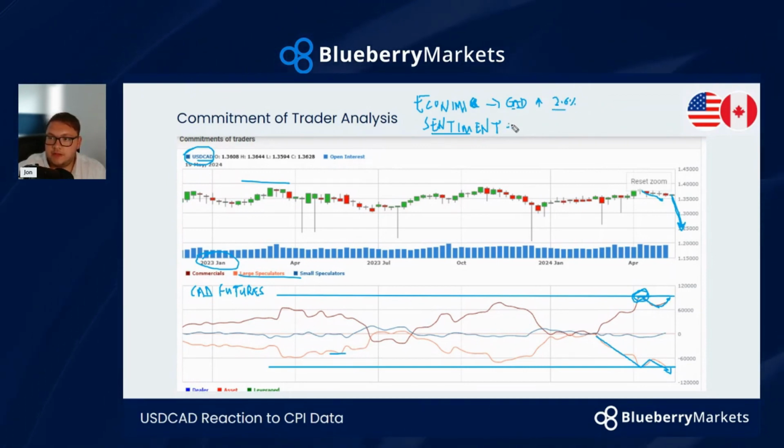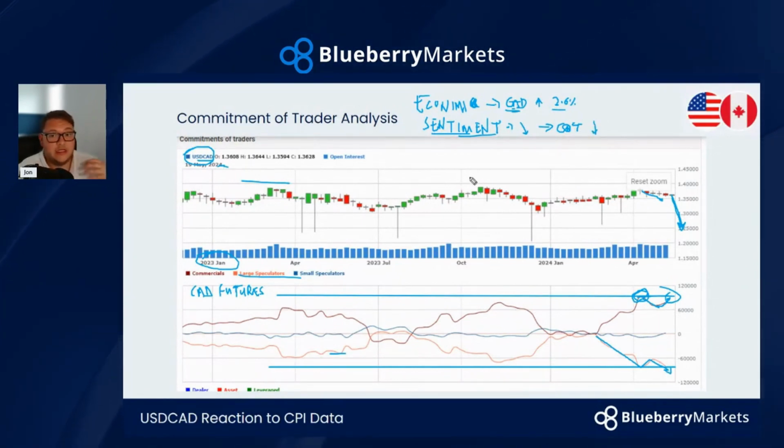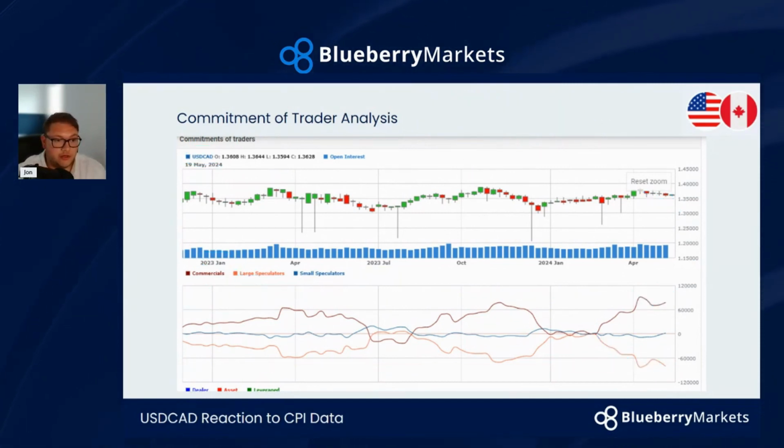Sentiment as well. If we look at the correlation between oil and dollar CAD, Brent crude oil moving lower usually drags dollar CAD with it. So that's also more on the CAD strength side of things. Then we've also got the commitment of trader reports, COT reports, also showing a lot of commercial buying. And remember, this is a dollar CAD price, so that to me would mean dollar CAD a little bit of downside. So at the moment, for me, everything is kind of pointing more for dollar CAD shorts right now.